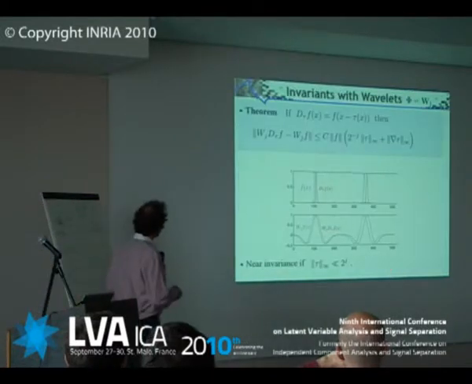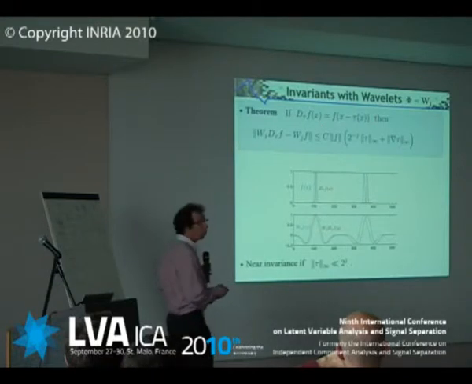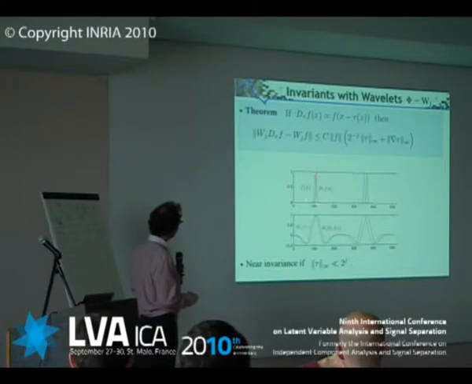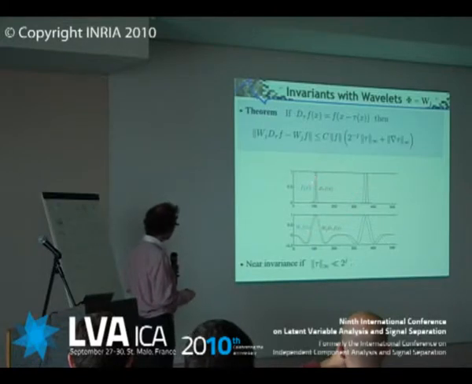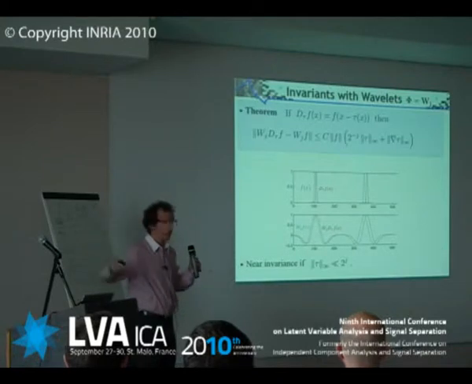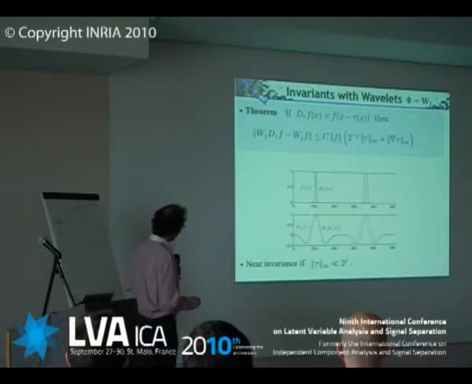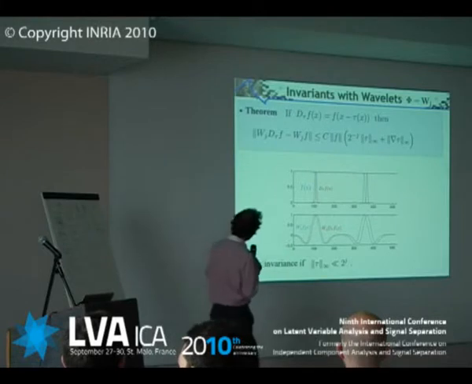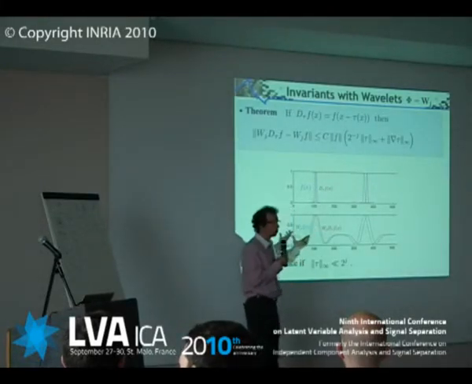Okay, so what's happening now if you take a signal and you deform it, translate, deform? Basically, you see it here. In blue, you have your signal. In red, you have the translated signal, a bit deformed. Here you have the wavelet transform. The wavelet transform is a convolution with a wavelet, and therefore if the scale is large, you are going to regularize the signal, and you get now this much more regular blue signal. The red is just basically translated and slightly deformed, and the distance between the two is going to be small if 2 to the j is big.